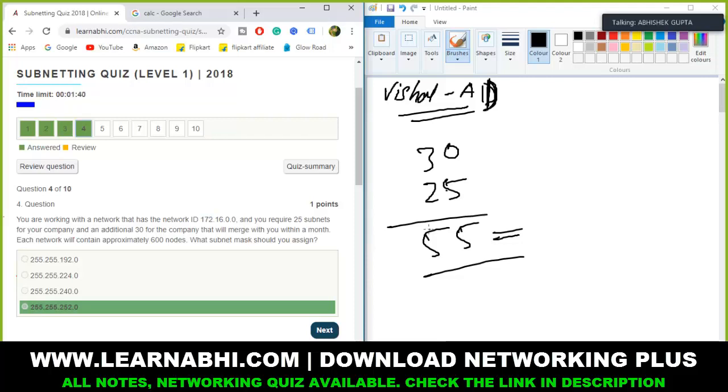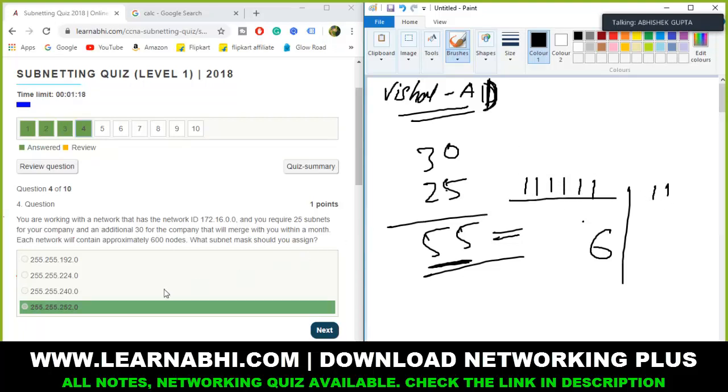Correct. So for getting 55 network, how many bits are you going to borrow? If you borrow 1 bit, you will get 2, 4, 8, 16, 32, 64. We have to borrow 6 bits. Correct. 6 bits means 1, 2, 3, 4, 5, 6. So with 6 bits, what is the total answer? You will get